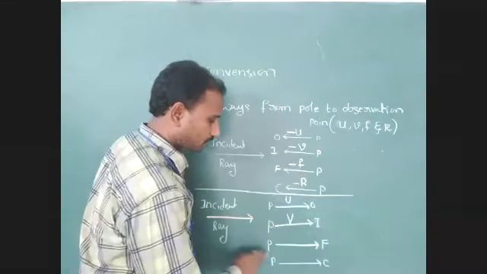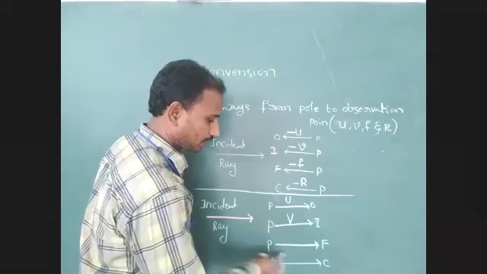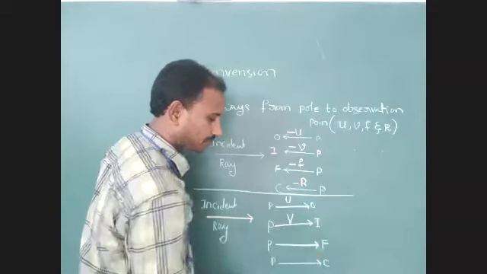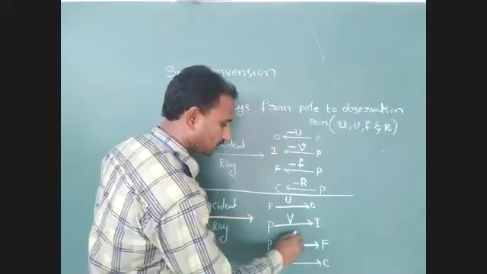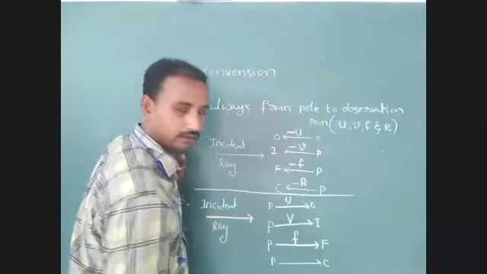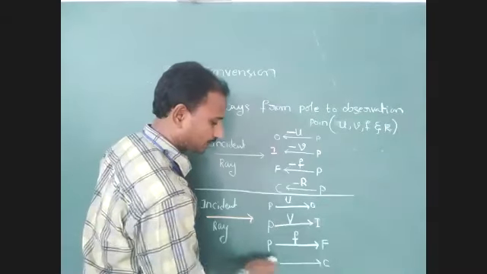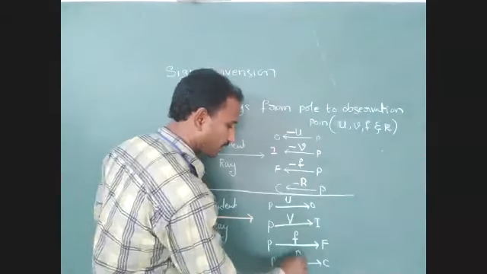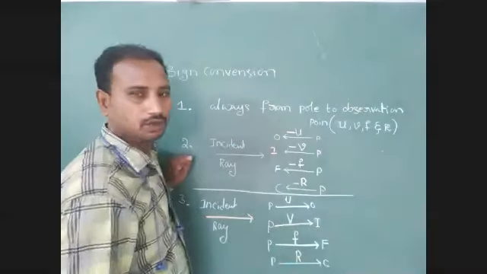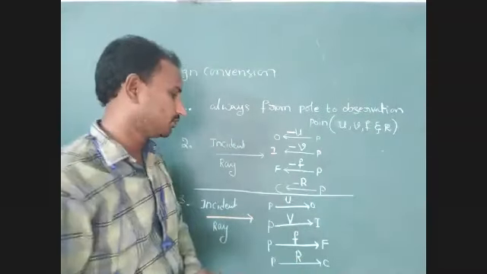Next, we have to calculate the distance from the pole to the principal focus. The distance is called the focal length. Next, we have to calculate the distance from the pole to the center of curvature. The distance is called the radius of curvature. Okay, students, we have to identify these 4 points.